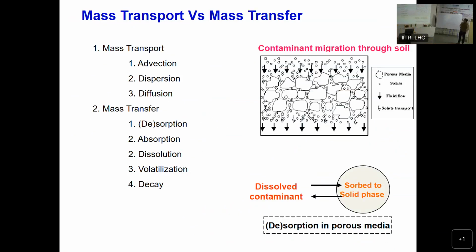Now the contaminant transport and transfer mechanisms, I'm very sure that you might have well described now in all the previous lectures. So when you talk about pollutant transport into the subsurface, we talk about these three main mechanisms: advective, dispersive, and diffusive transport. Okay. So advective transport depends on the groundwater velocity. If the groundwater velocity is high, we can say advective flow is going to be more